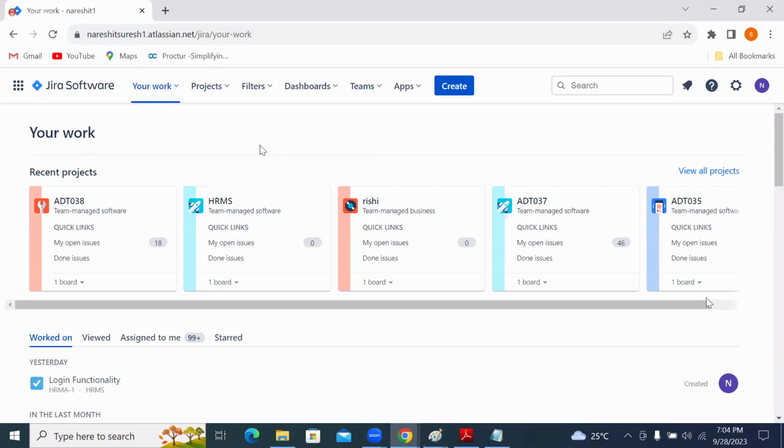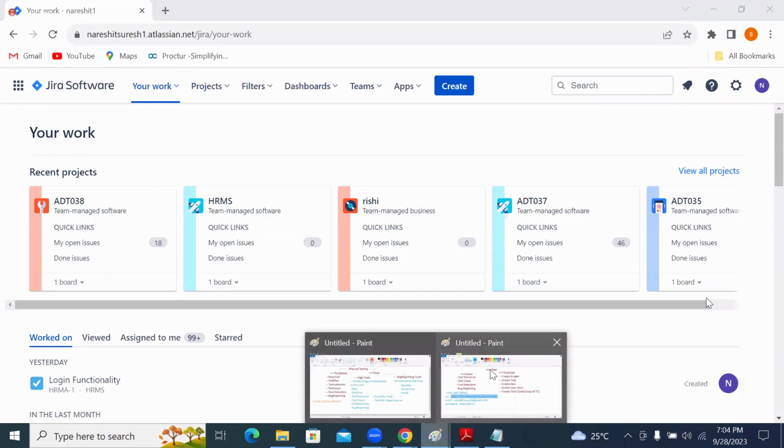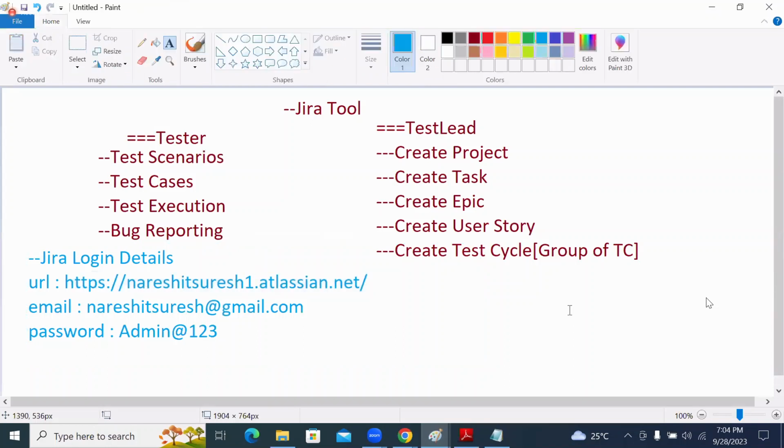I'll give all the explanation tomorrow. The whole tomorrow session will go with the zero. In that, we'll understand how we can document scenarios, cases, execution, and bug reporting. Concept wise, we are already done, but how to do that in the Jira tool, we'll discuss. Once we are done, then we'll take care of types of testing. Again, I'm saying that if you want to understand